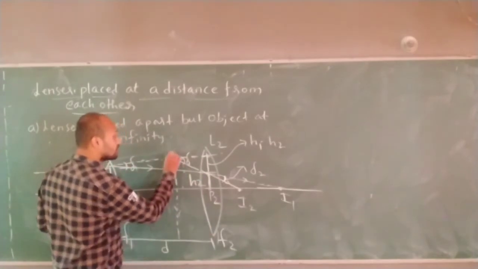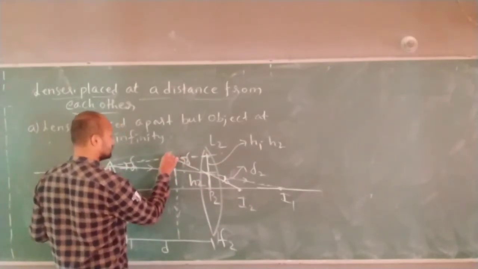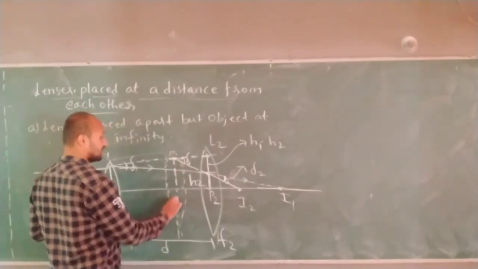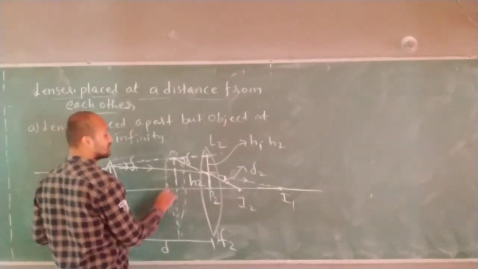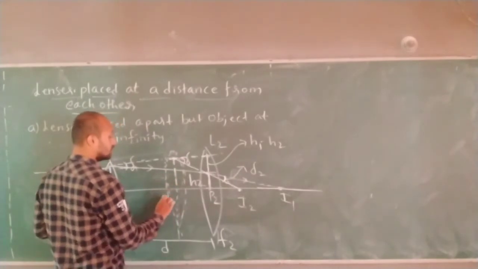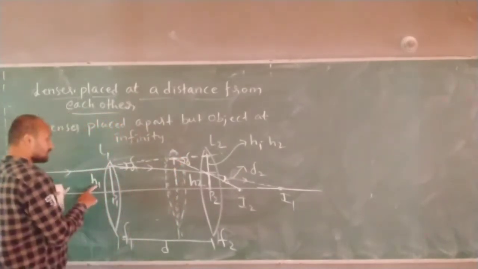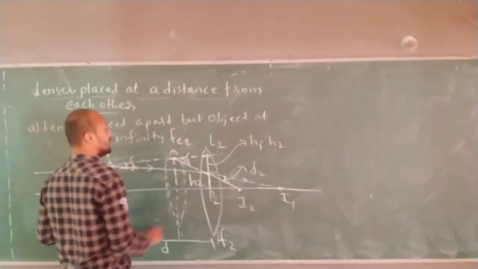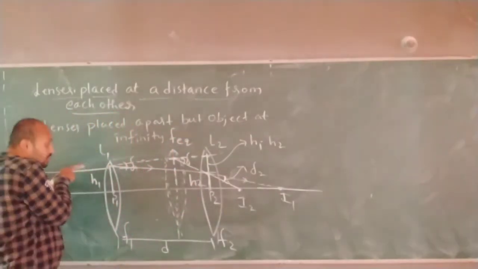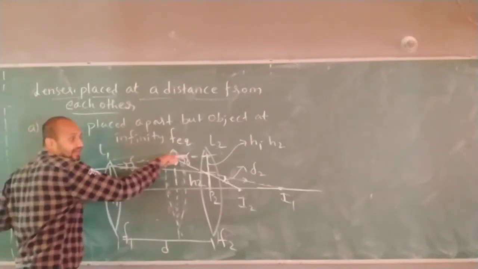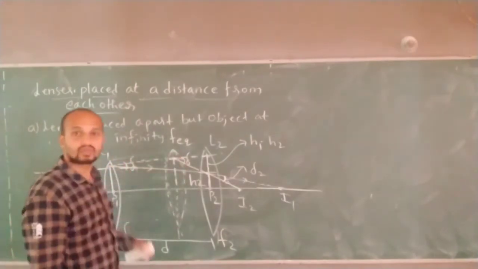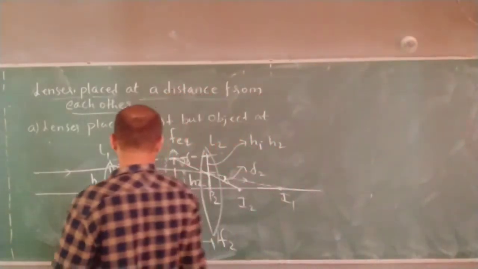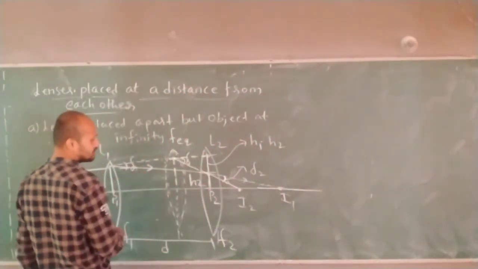Instead of this, if I place one lens here, I will use this combination. If I place one lens here such that this lens is having focal length F equivalent, such that if the parallel beam of light passes through it, it has to make deviation tau. Correct now? It has to make deviation tau. Yes or no? It has to be deviation tau.